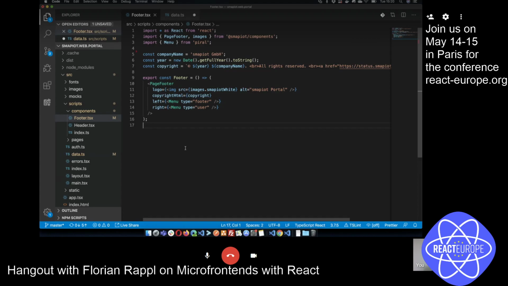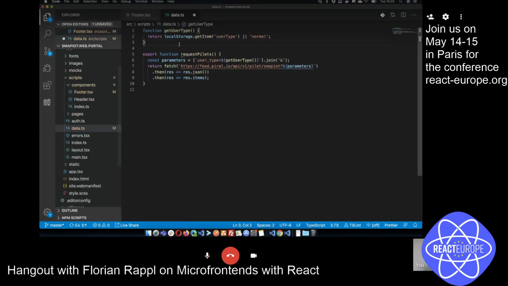So that brings us to the next step already, which is what the development of these microfrontends looks like. Because if the application shell is more or less a standard React application with nothing fancy, then there must be something, let's say, special about these pilots, right? So let's have a look,